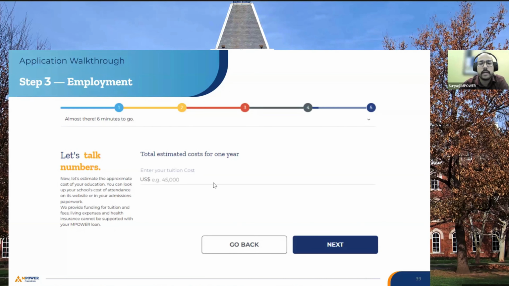Now, you will need to provide us your estimated cost for 1 year. One thing to understand is that we have built a system which automatically calculates your total requirement according to the term you have applied for. So if you are applying for 2 years, the system will automatically multiply whatever you have selected for 1 year by two. If your program is completing in 1.5 years, the system will automatically calculate whatever you have provided here into 1.5, and vice versa.